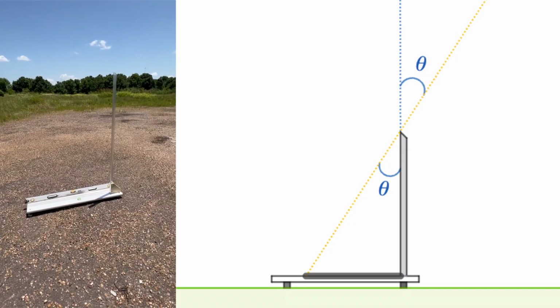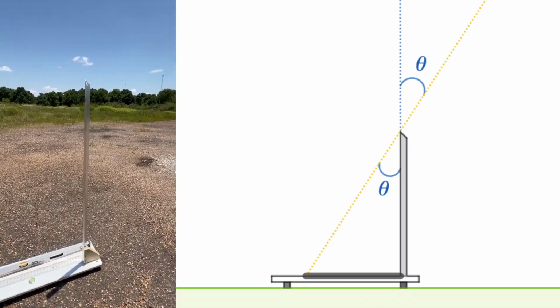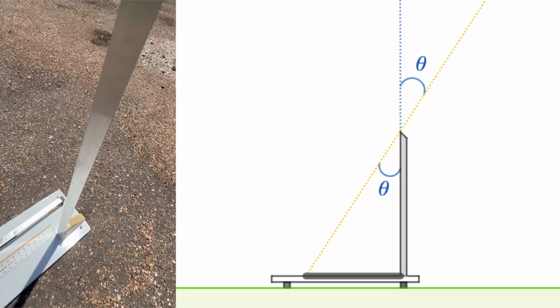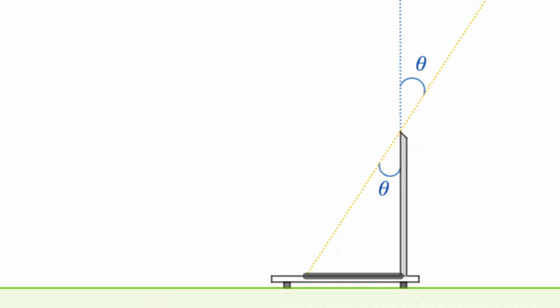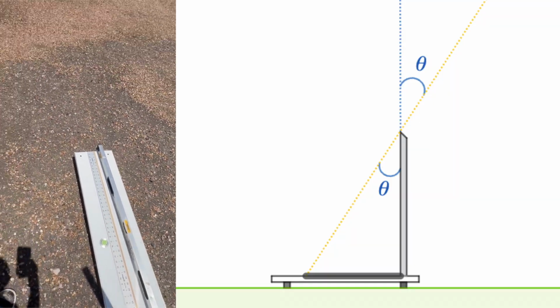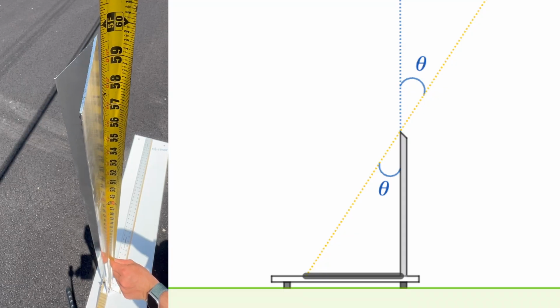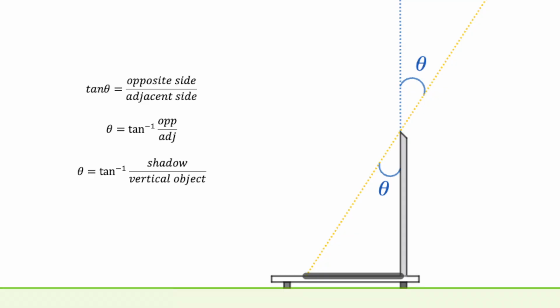I'll show you how I am measuring these angles of the sun in the sky. So what I made is basically a shadow caster with a shadow board. The vertical piece is called a gnomon. Then I made a board with legs on it, adjustable legs to get it level. And so what's happening is we know the height of my gnomon, the vertical piece, and then we measure the